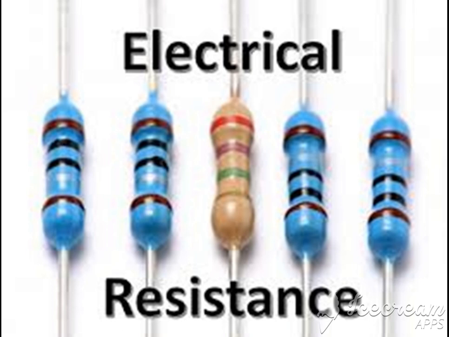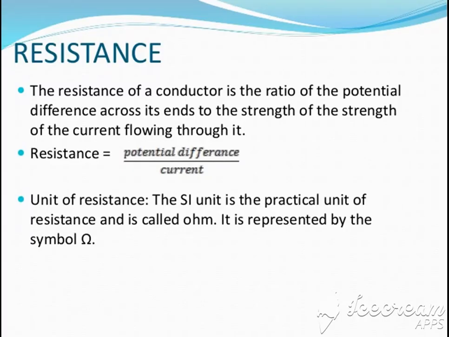In this video, the topic that we are going to cover is resistance and resistivity. In the mathematical form of Ohm's law, V was equal to IR, and R was a term called resistance. The word resistance means to resist something. So it is defined as opposition or obstruction offered to the flow of current.